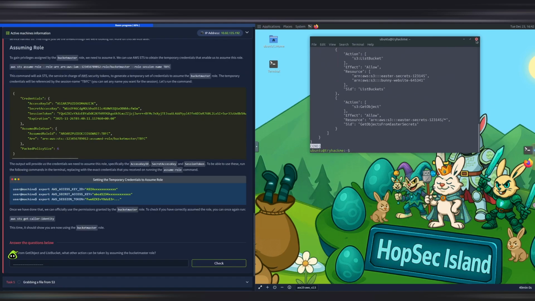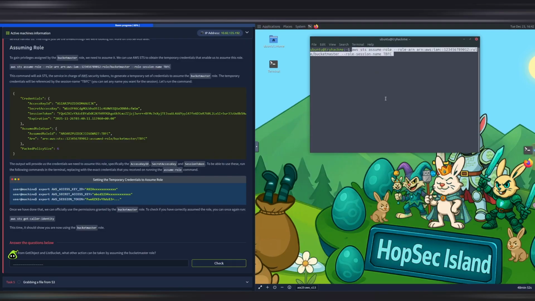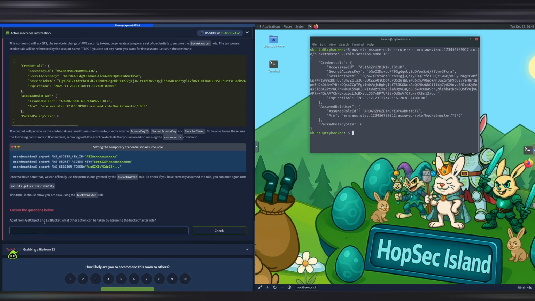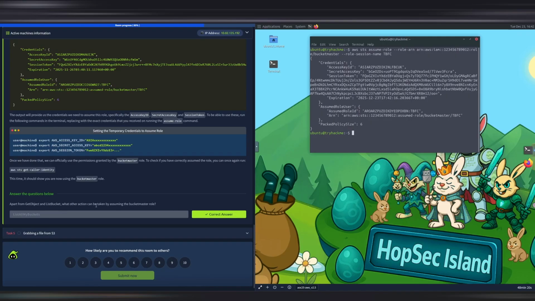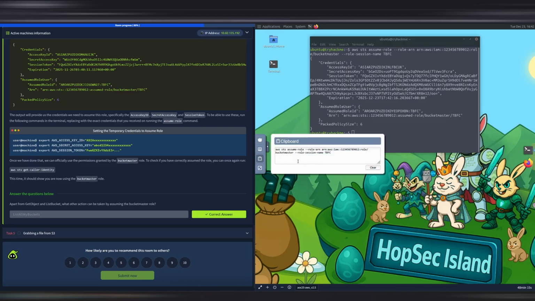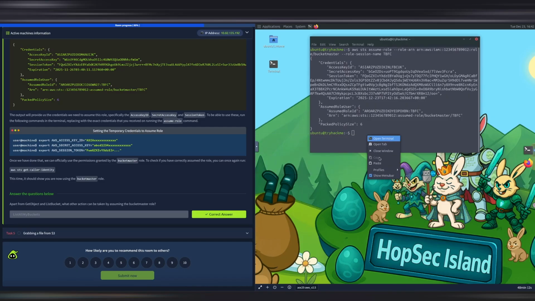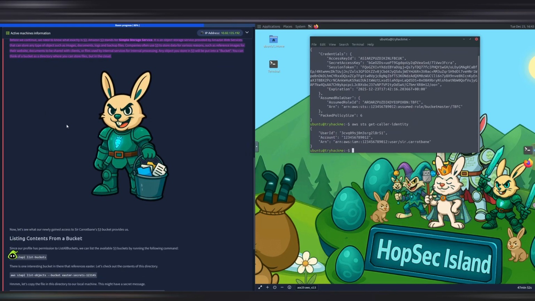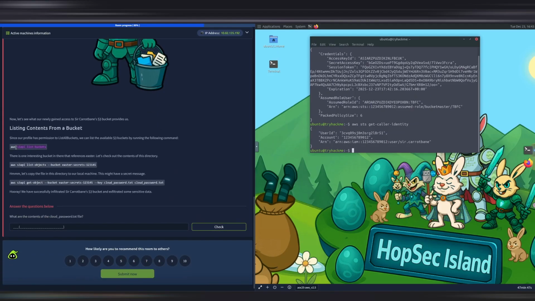So it can list all my objects, list buckets, and get object. Then we can try and assume the role with the command that they give. We can try and run this command, and while they do this, we can try and answer the question. So get object, list buckets. Yes, okay, so it's list all my buckets. Then we can run this command just to be sure that we have access to the role policy. They explain here what S3 is. If you haven't worked with it, please take a second and read it. We can list the buckets with this command. Buckets are like storage or folders in S3.